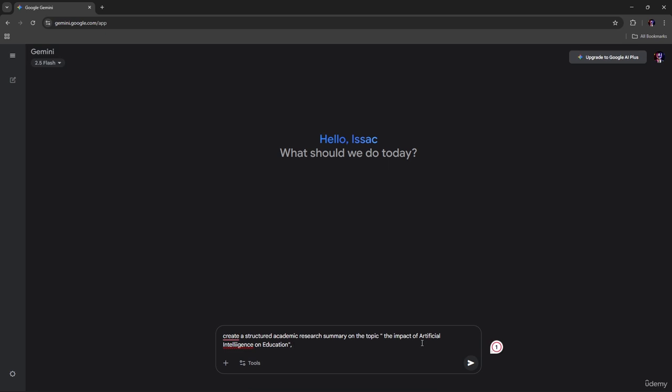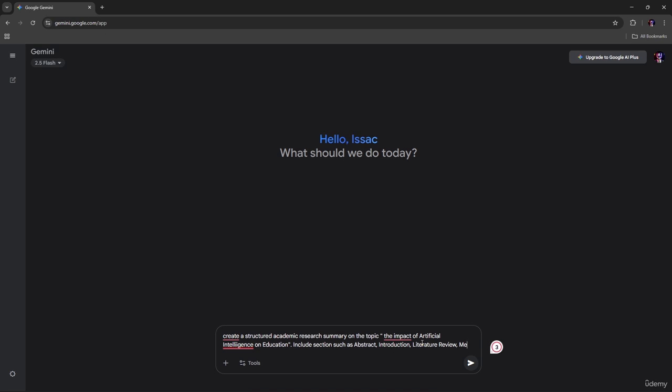Now we want to ask Gemini to include sections such as abstract, introduction, literature review, and methodology,